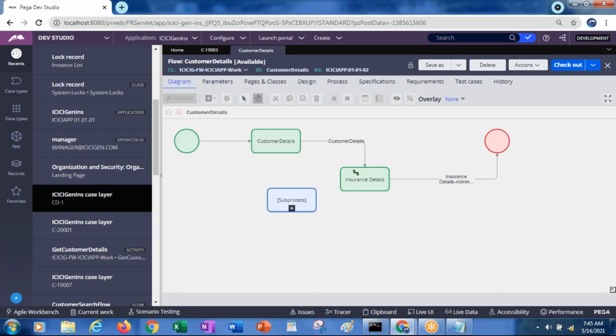We will be specifying the status at each and every assignment level.